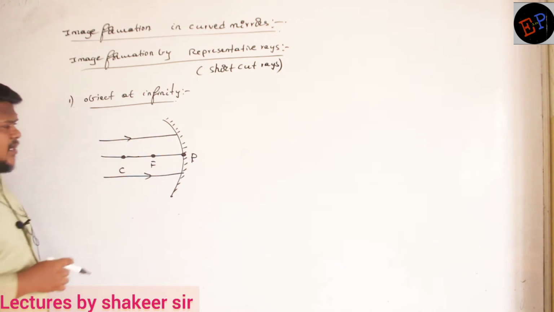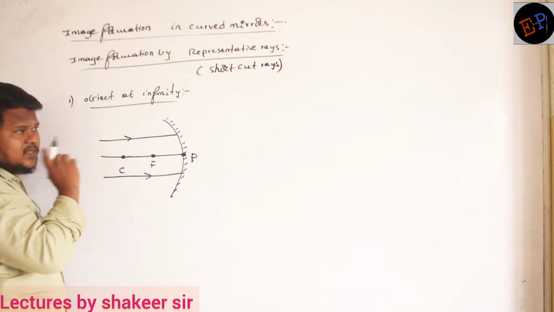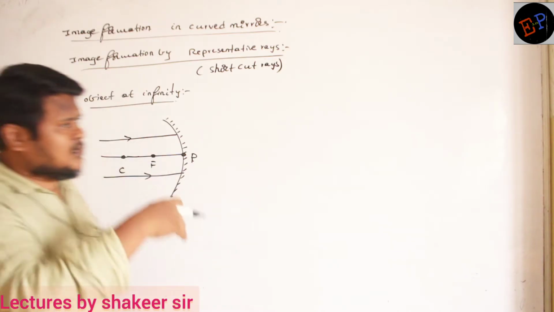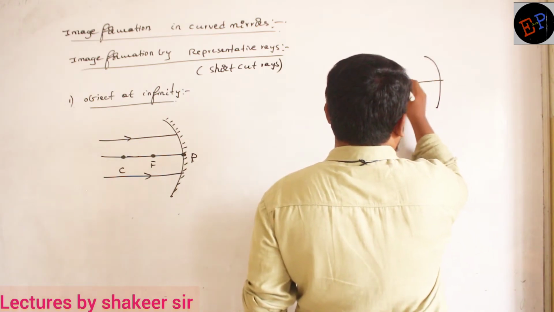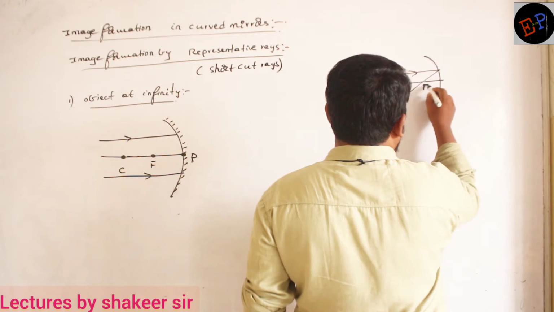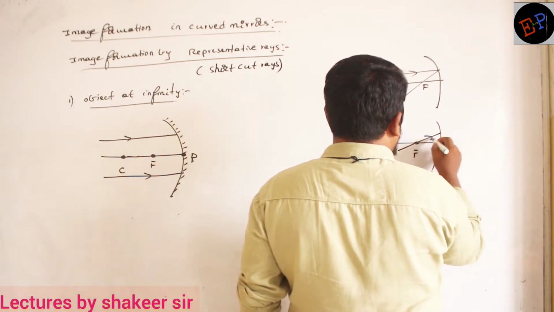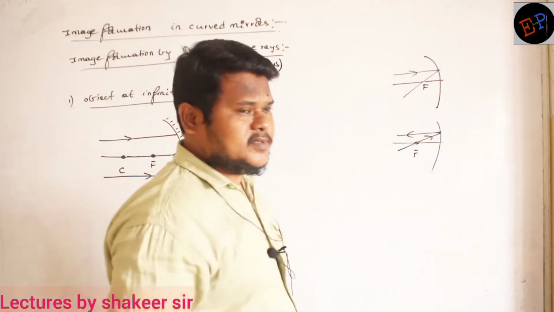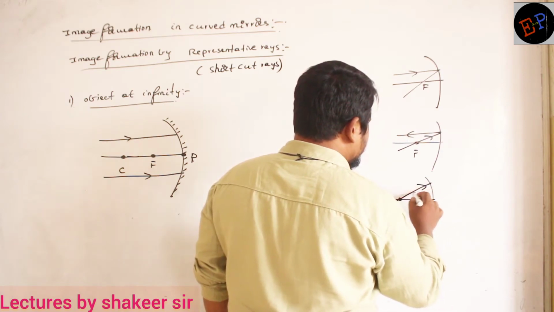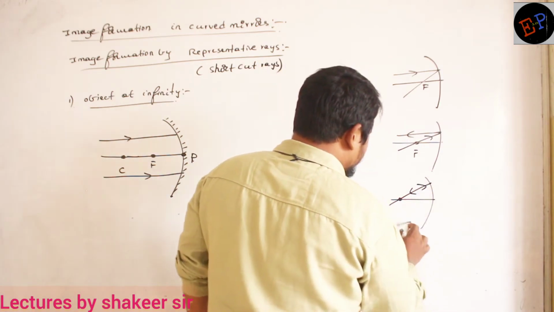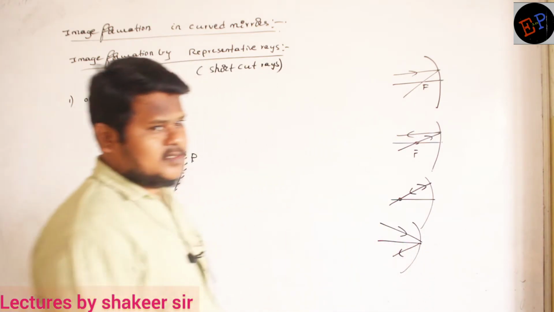Now when light rays travel parallel to the principal axis, from where should they pass? We have written 4 rays now. I will draw all the 4 rays here. Ray number 1, light ray passing parallel to the principal axis passes through the focus. Ray number 2, light ray passing through the focus after reflection passes parallel to the principal axis. Ray number 3, light ray passing through the center of curvature retraces the path. Ray number 4, light ray passing at an angle of theta to the mirror reflects at the same angle. These are the 4 rays.